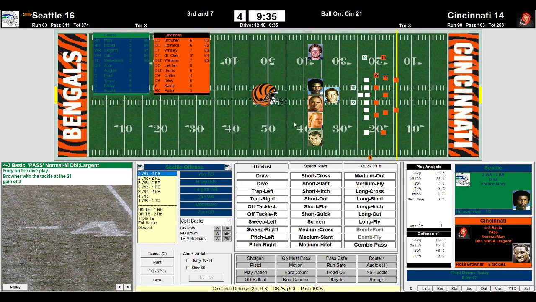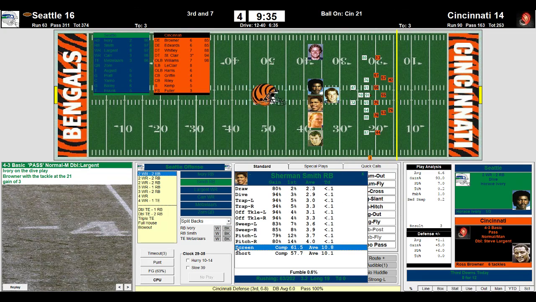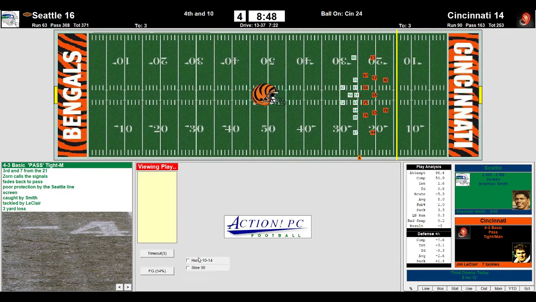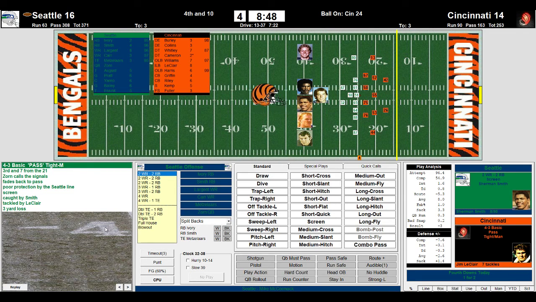Theodis Brown will come out, and Sherman Smith will come back in. Smith. Screen to Smith on the 3rd and 7. It's connected up, but brought down in the backfield by Leclerc. That is a 3-yard loss. Tackle number 7 for Jim Leclerc. It now brings up 4th and 10